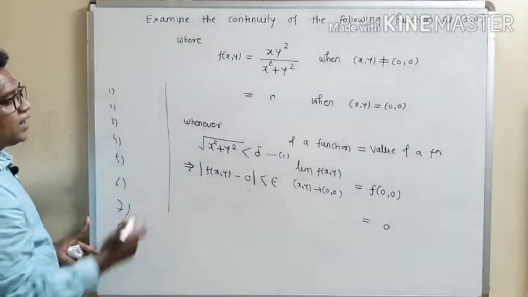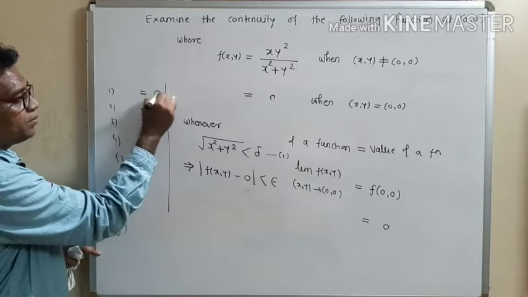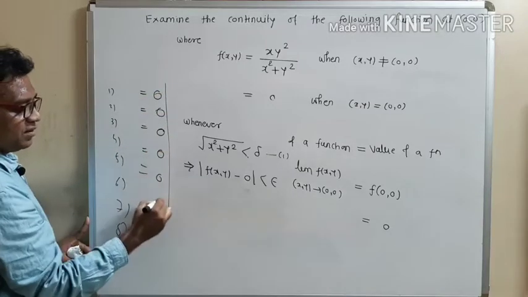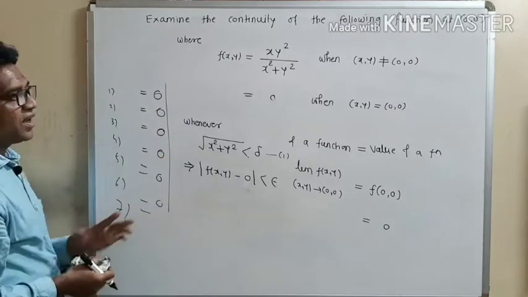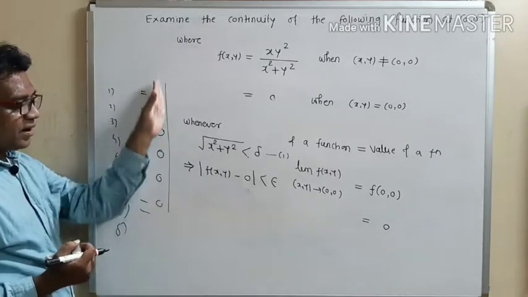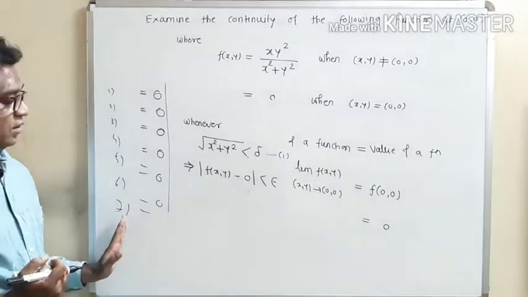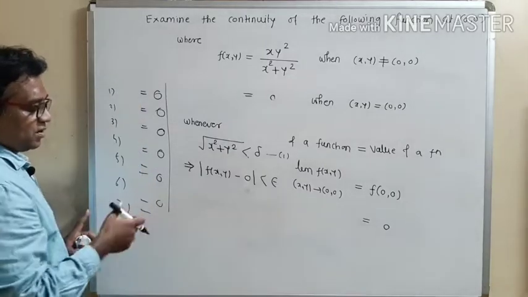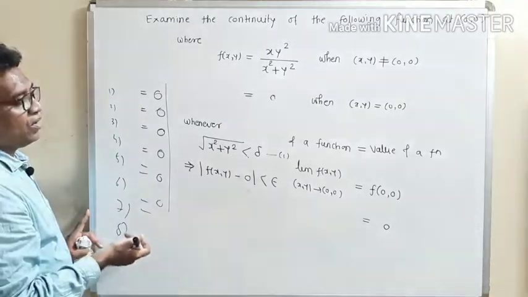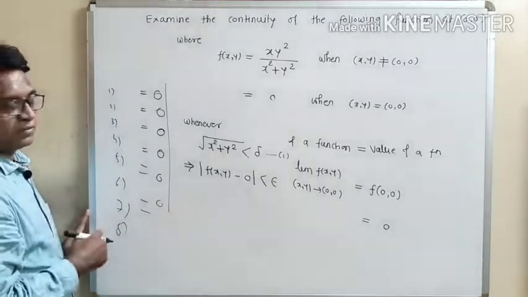Use infinitely many equations and find out the limit. If the limit along different paths is unique, if it is the same, then we can say that the limit exists and it is given by the value 0. But these are infinitely many paths, so we cannot use infinitely many paths because it is impossible to do all this work.